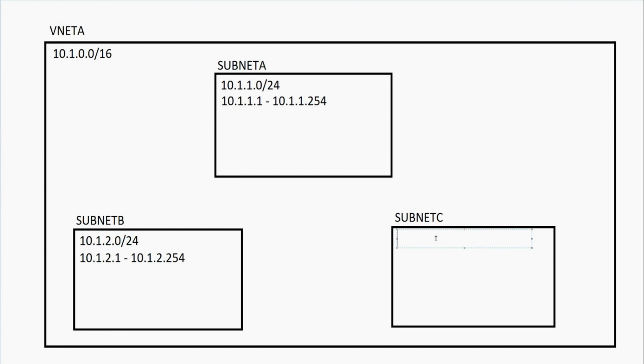So then subnet C might be 10.1.3.0/24. Hopefully you're seeing a pattern here, and you would basically have a 10.1.3.1 to 10.1.3.254, and that would be your range. So again, you can put your different virtual machines on these subnets, and from there they would be able to